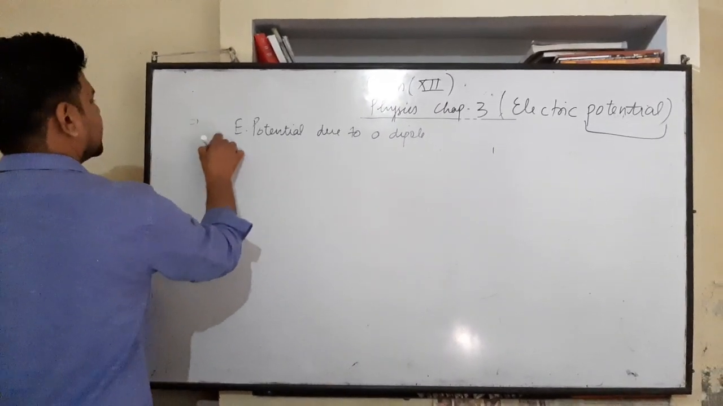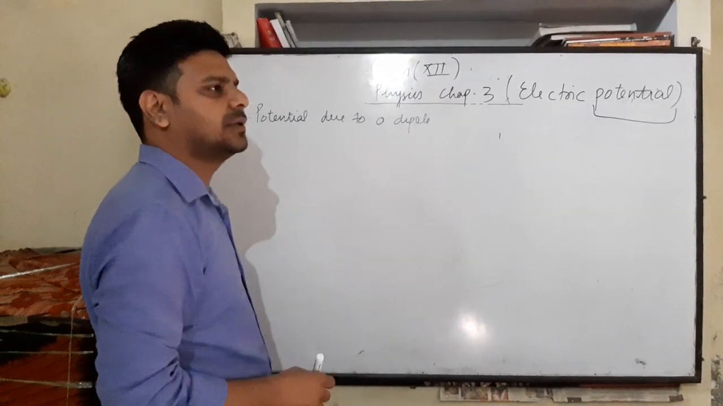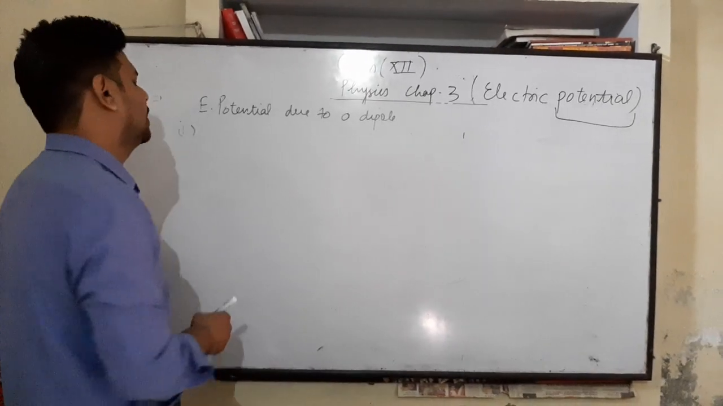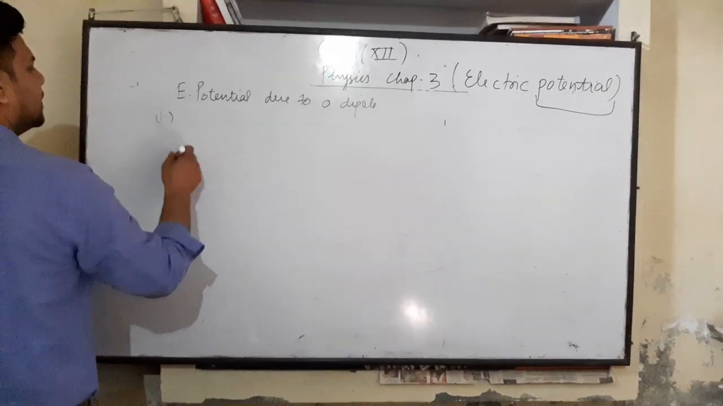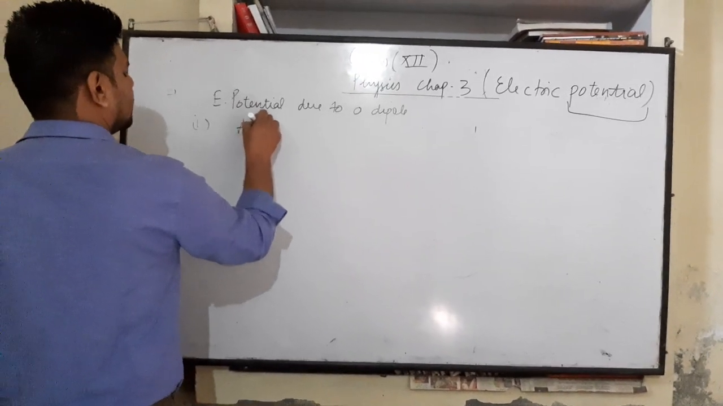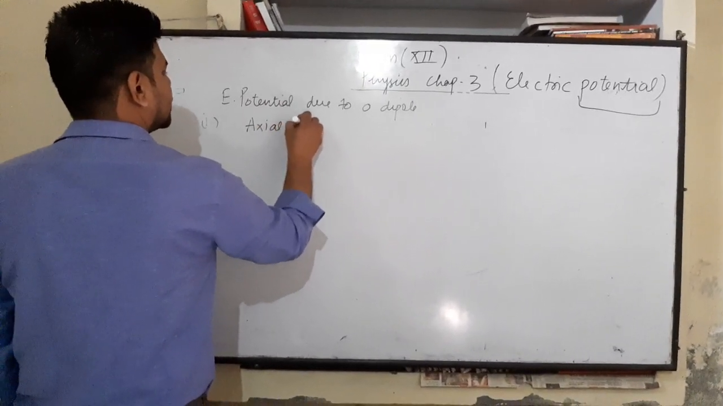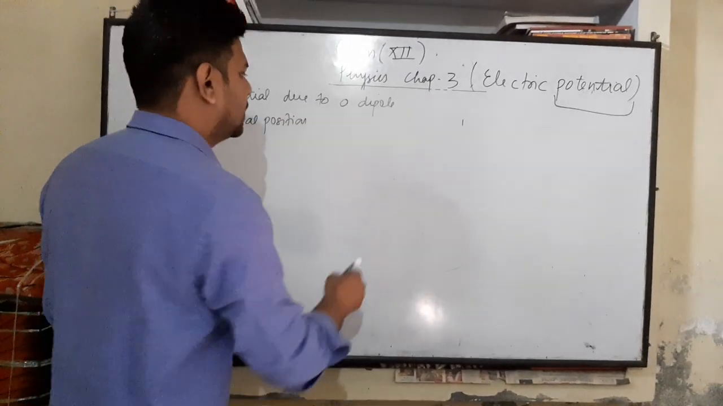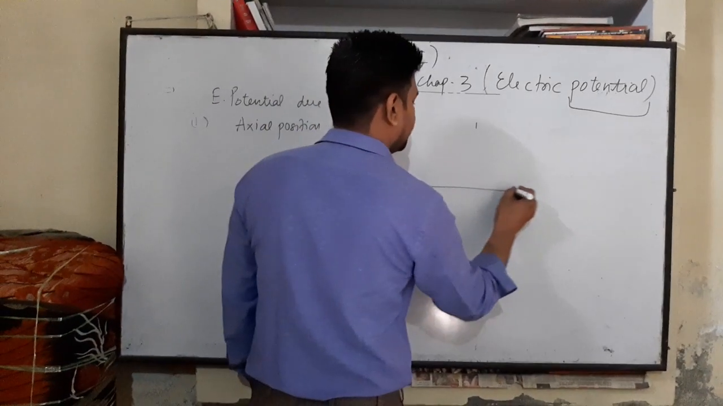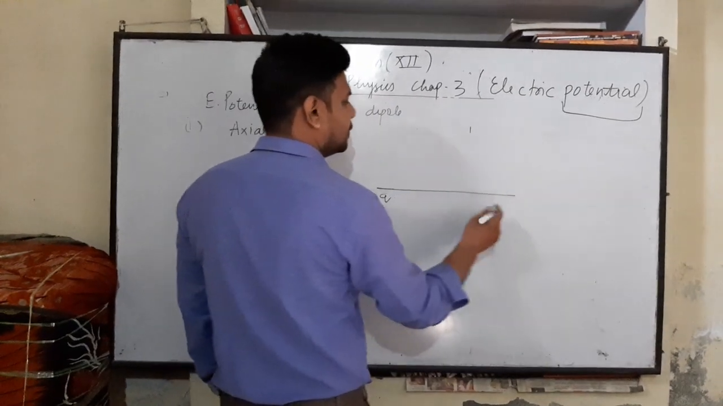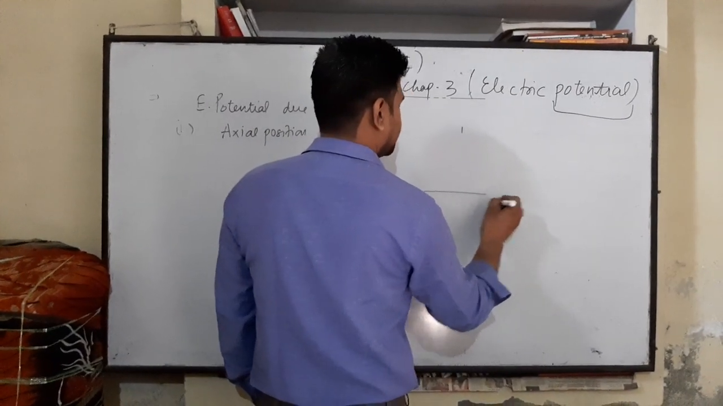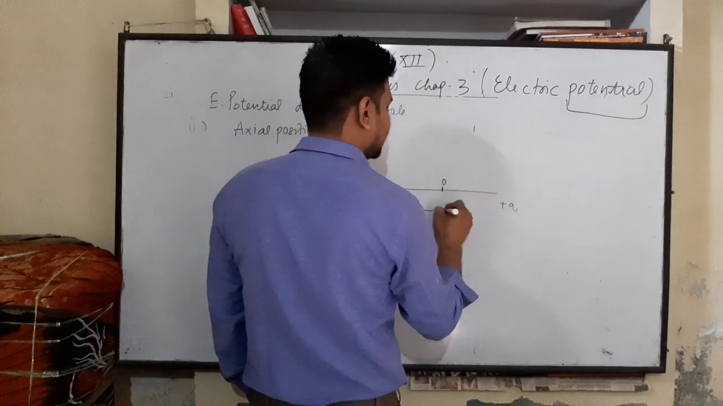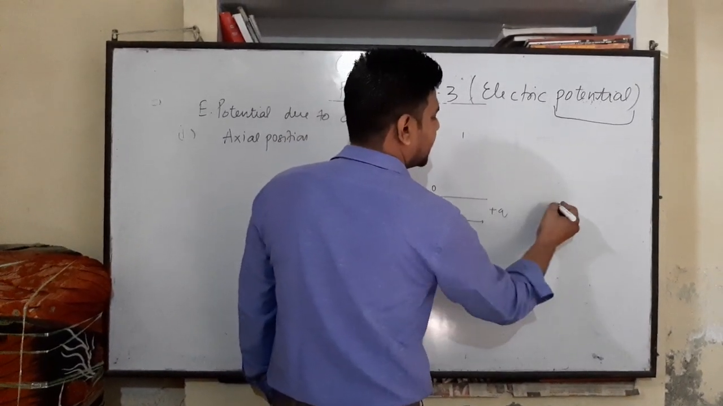There are two positions in which we can calculate the electric potential due to a dipole. Our first position of dipole is axial position, or end-on position, or longitudinal position. Consider a dipole with charges minus q and plus q. This is midpoint O and this is distance l, and we have to find